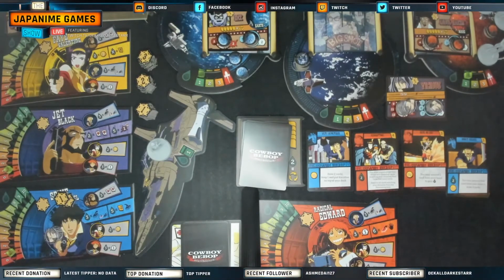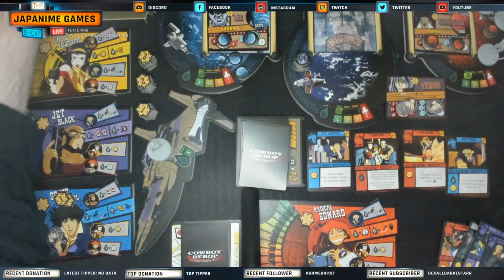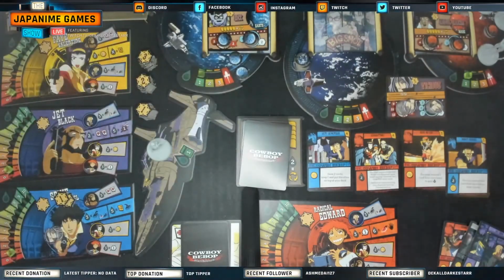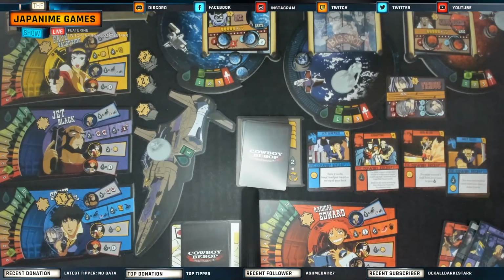Draw our next hand. 1, 2, 3, 4, 5. We're going to see where Vicious runs away to. Vicious runs to Ganymede. Alright. Oh, and you know what? I believe I was doing something wrong. I think every time...